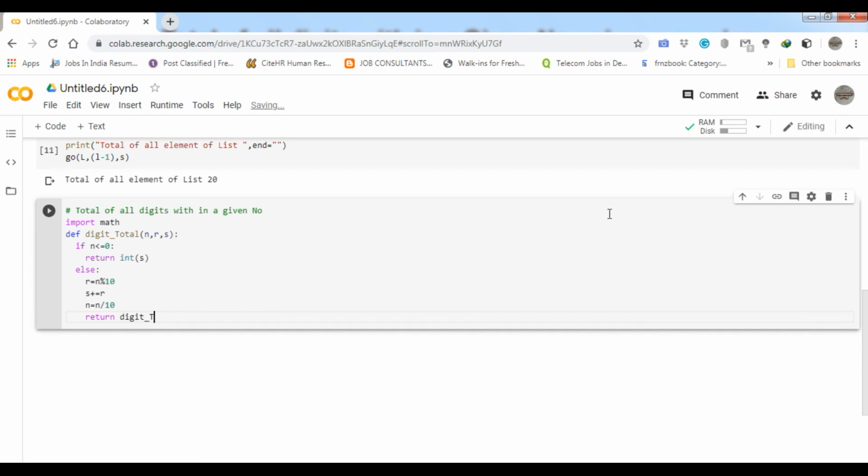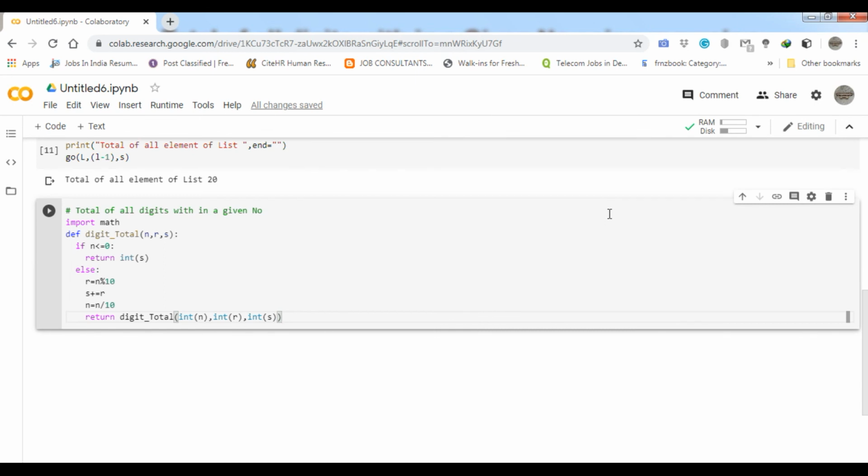Digit total. Within that I will pass the variables, that is arguments, n typecast by integer, then r typecast by integer, and then s typecast by integer.